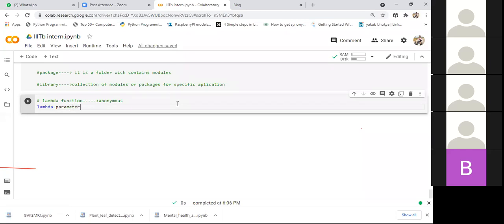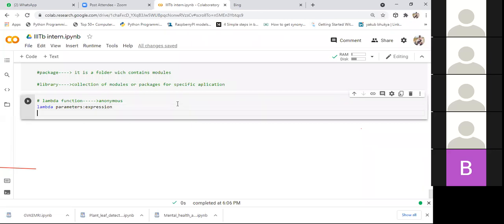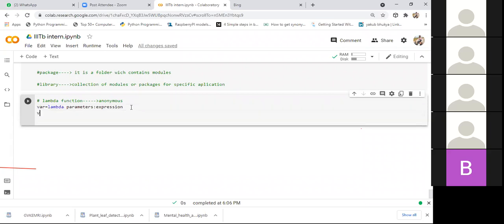After the parameters, with a colon, we need to specify the expression. Then we need to store this in some variable. Now whenever you want to call this function, we can say variable of actual parameters, or real parameters. This is the syntax of the lambda function.